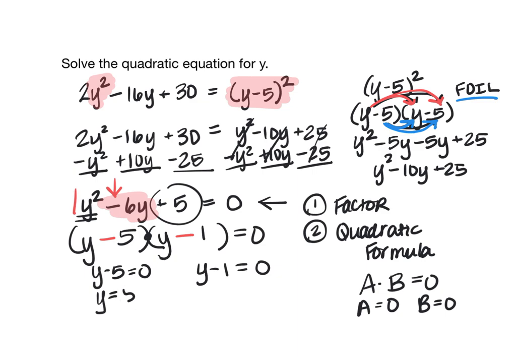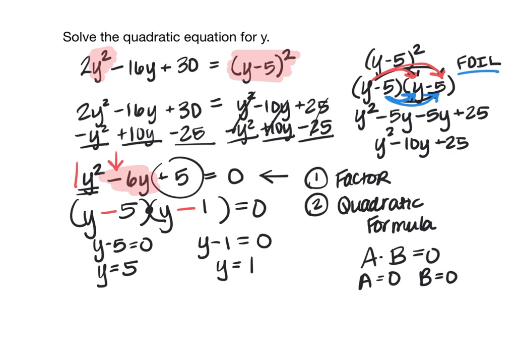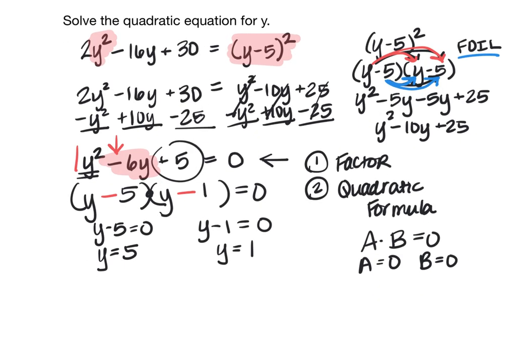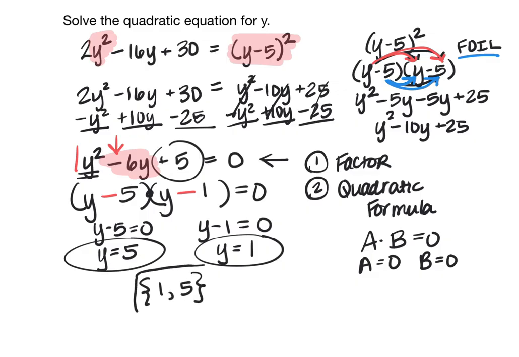Here I'm going to add 5, so y equals 5. Here I'll add 1, so y equals 1. So it appears that we have two solutions. So our solutions are going to be y equals 5 and y equals 1. And some instructors and some computer programs will write the solution as a solution set using curly brackets. So this would be the solution set